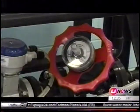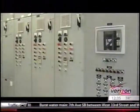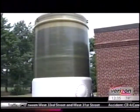Water is the lifeblood of everything we do here on Long Island. We are still an island, and the idea that we have districts that are committed towards long-term planning, dealing not only with elevated nitrate levels, but making sure that we have clean water for our communities is integral. If we didn't have water on Long Island, we wouldn't be able to live here. So Hicksville has been a leader in the water industry on Long Island, certainly from aeration, from treatment, and from long-term planning. These guys get it done,